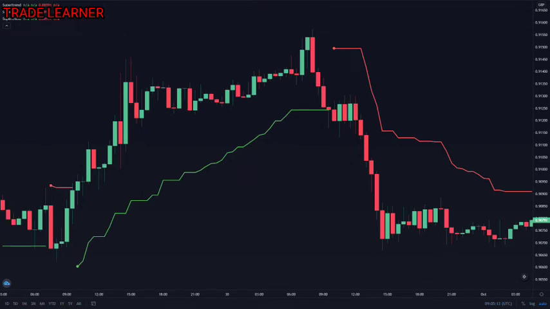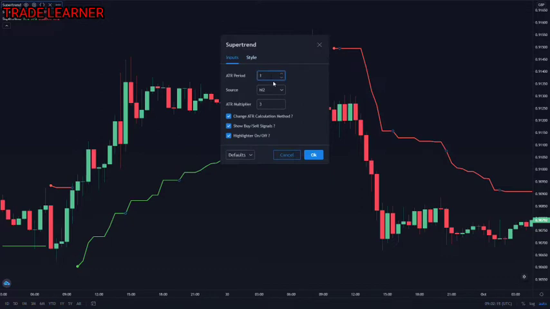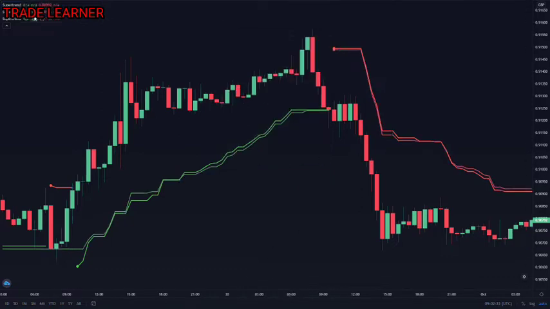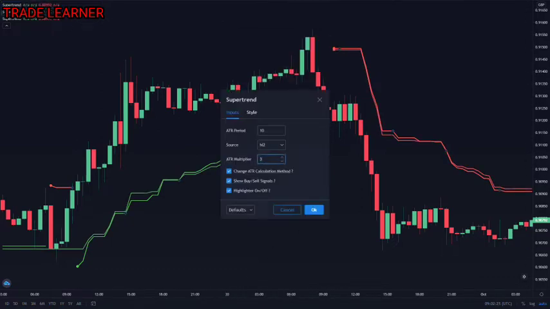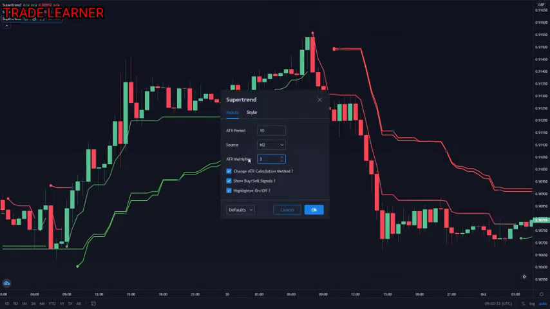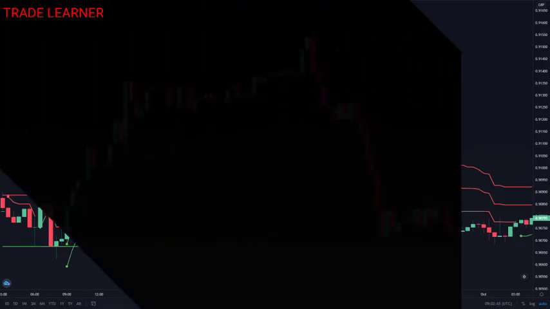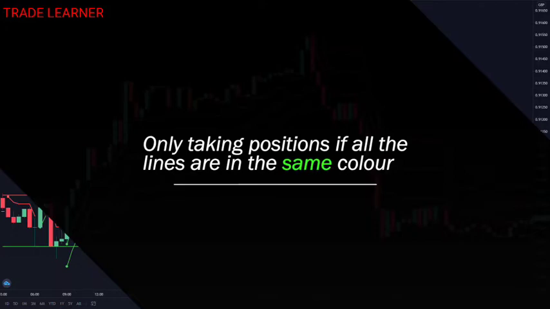First, you need to put 3 SuperTrend indicators. The first indicator, you need to set to 3 and 12. The next one, you set as 1 and 10. And the third one, you set as 2 and 11. So the way we use the SuperTrend strategy is by only taking positions if all the lines are in the